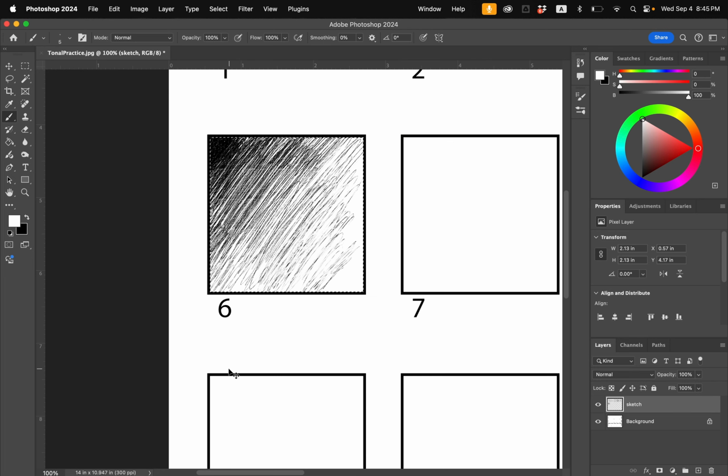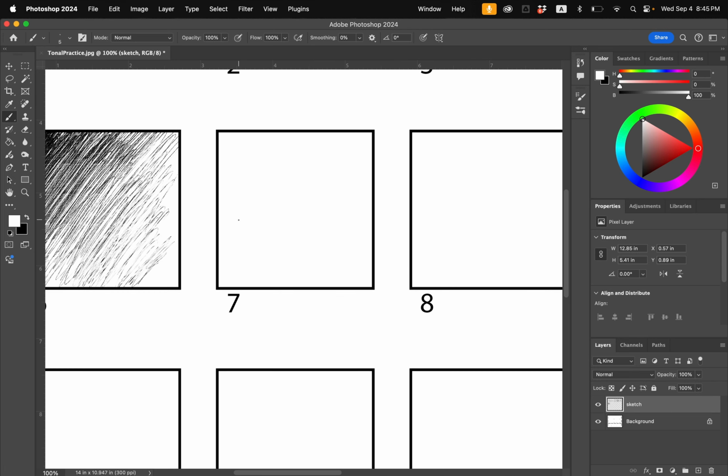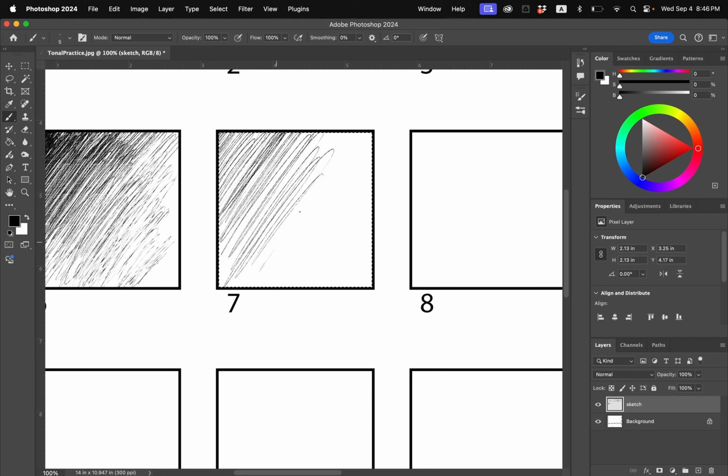With this one done, let's deselect it, scooch over, use our wand to select the next one, and then we can swap back to our brush. Now as far as this one goes, we're going to start off similar. We're going to add just a simple tone of lines on top of it, going one direction. And again, it's okay if you mess up, but make sure you go all the way to the edges